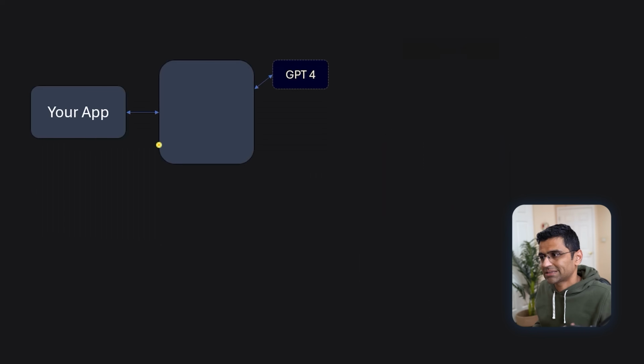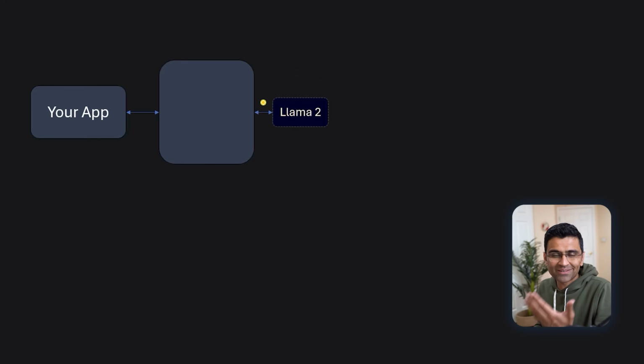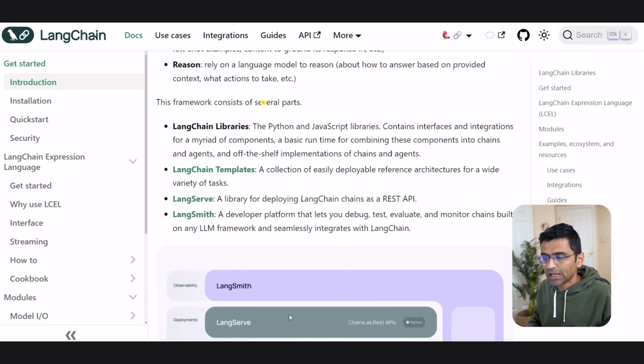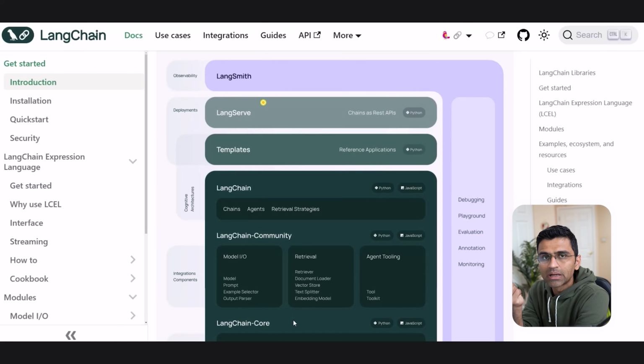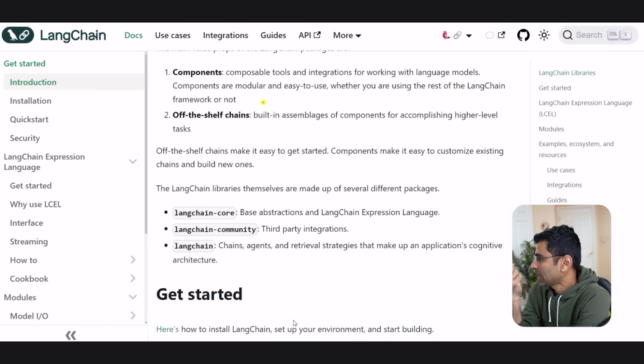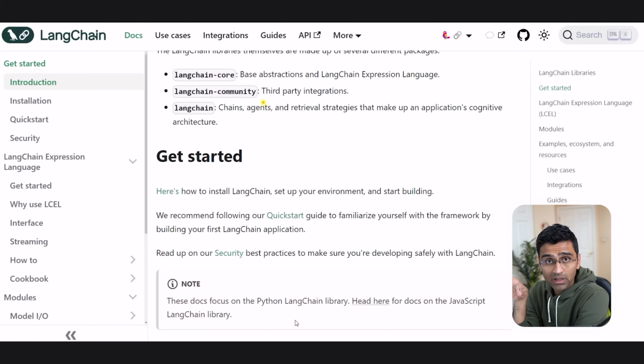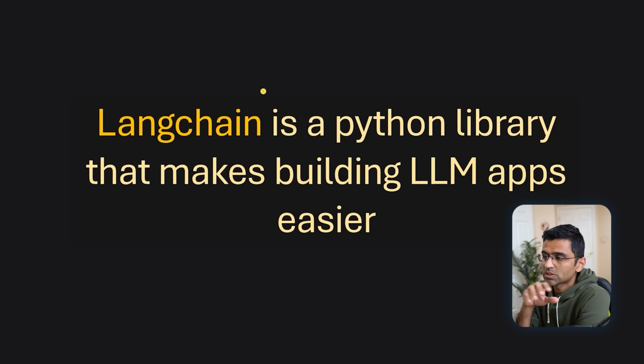Wouldn't it be nice if we had some way where you write an application, you write some code, and you plug in your GPT-4 model, and tomorrow if you can't afford the bill, you plug in a different model? Okay, so that way is Langchain. Langchain is a Python framework that is used to build Gen AI applications, and it's a very popular framework nowadays. So if you are building a Gen AI application, you'll have to learn this framework because